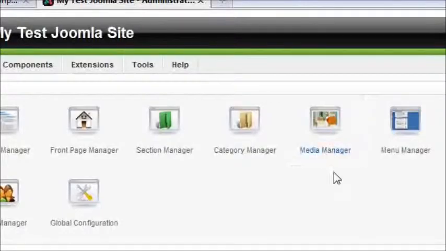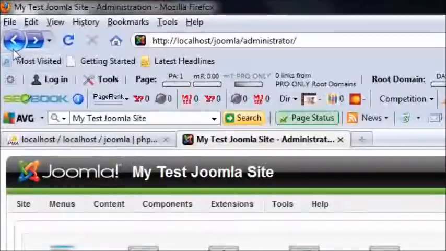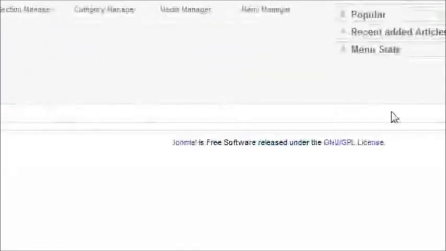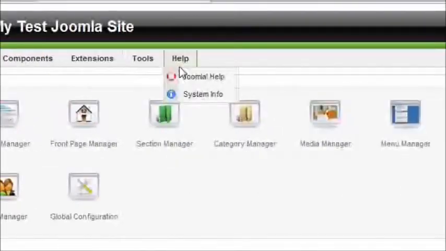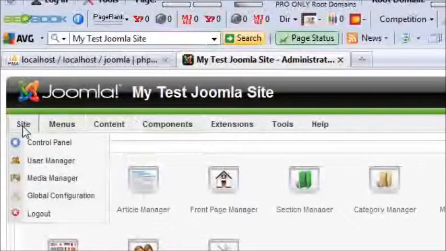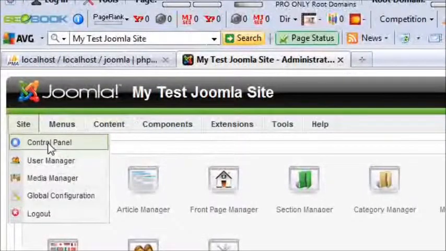I don't know why it came with invalid token there. I just clicked the back button and actually it came through to the administration area. And this is the simple basic control panel of where you can start to build and work on your Joomla site. The top menu we have the site, which has the control panel, which is the area here, user manager,